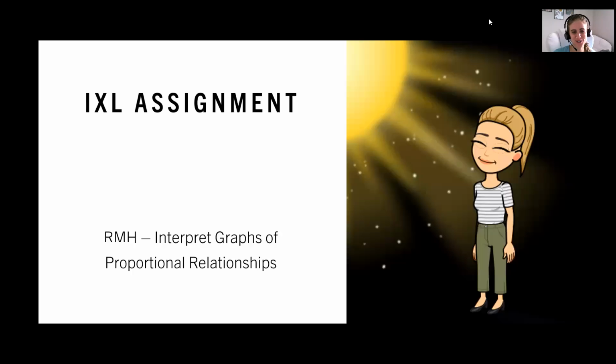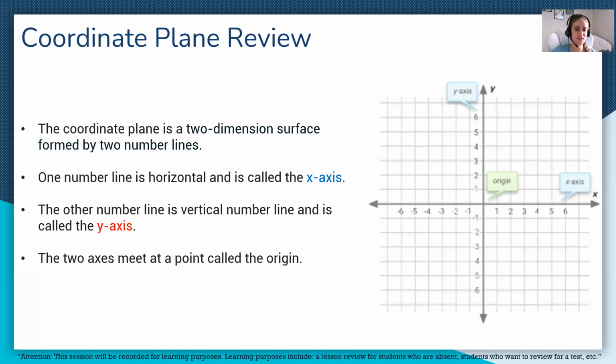Good afternoon. We are going to be covering IXL assignment RMH, interpret graphs of proportional relationships. Let's first take a moment to review our coordinate plane, so essentially a graph. When we have a coordinate plane, that is a two-dimensional surface that is formed by us taking two number lines